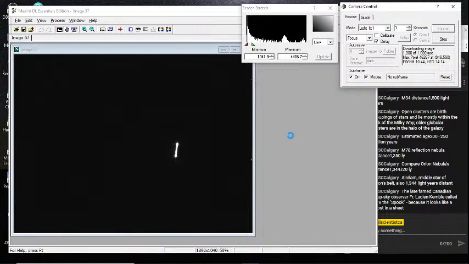And we'll get that skewered off the side this way. That should do it.